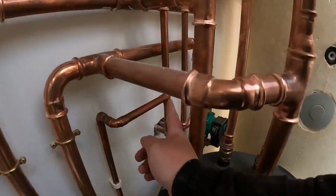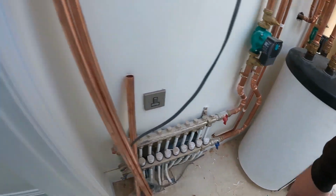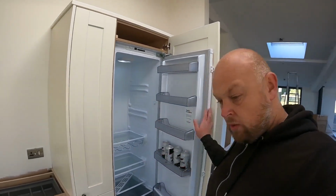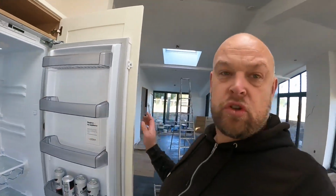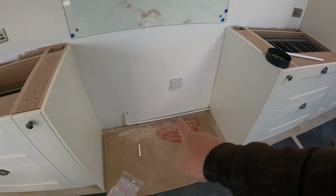I've had to tee into the cold here to come down, poke through the wall for an American fridge that is going, well, there's a fridge that's in, but apparently this one's being swapped out for, let me just turn the Pet Shop Boys off. So this one's being taken out, don't know who these are, some moody cans of Carling in here. This one's coming out,